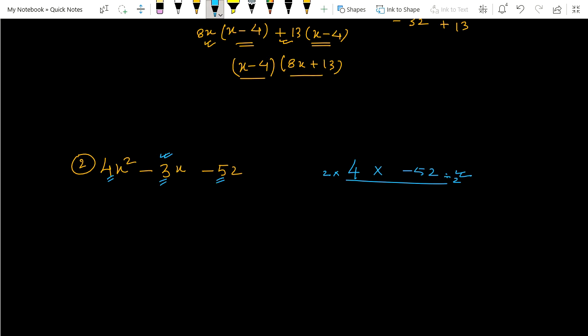We exclude a factor from 52 and now merge it into the 4. That is the way; that's why we are dividing here and multiplying here. So we can create a factor 8, and 52 divided by 2 will give us 26. Sign is not used here. So 8 and 26. It is not possible to create -3 with the help of 8 and 26.